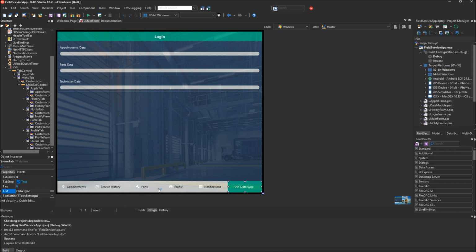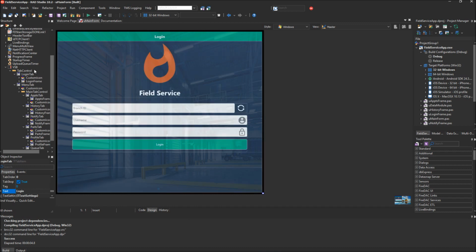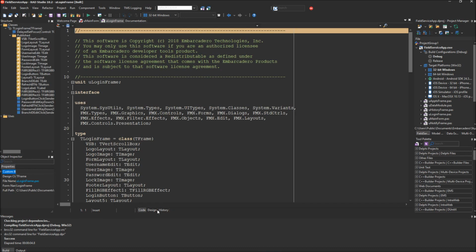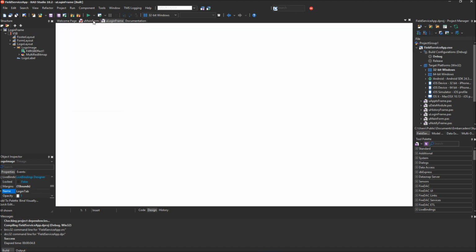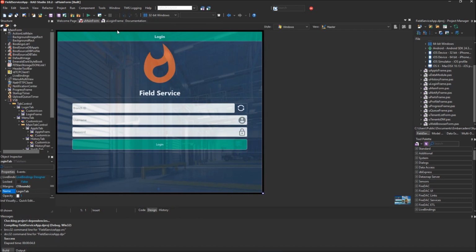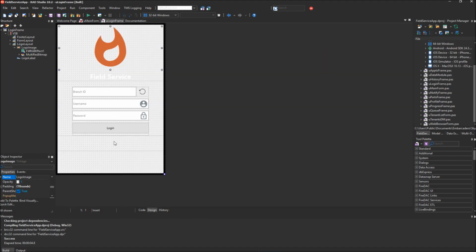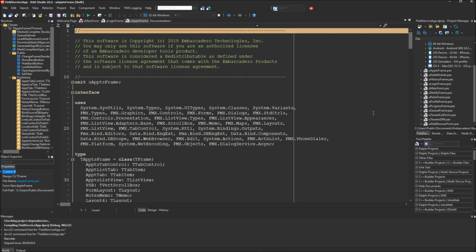So we're going to click back to that first dot, and then each of these tabs contains a frame. So for example, this is the login frame, so I'll bring up the login frame. And here's the login frame, and this is where you would want to edit anything you wanted to edit on the login view. Any changes, make those changes here. So there's other frames, let's investigate those. So if we go to the appointments frame,